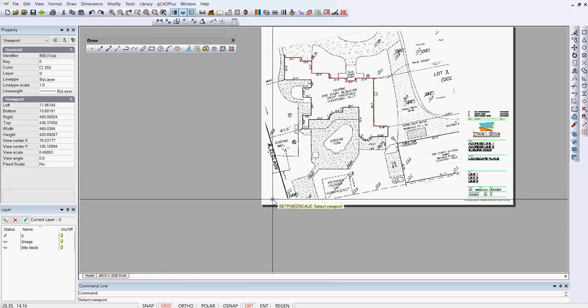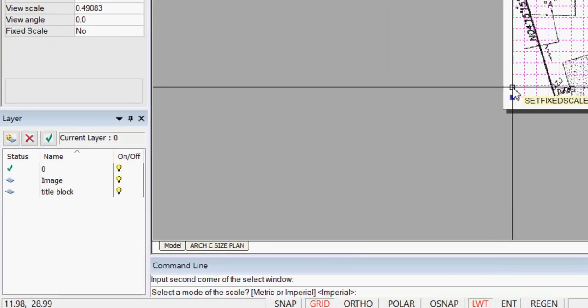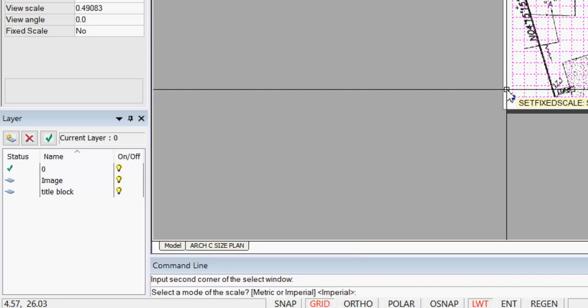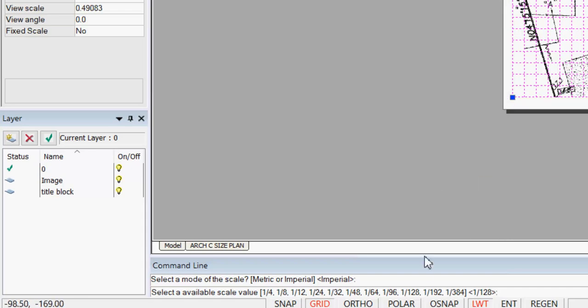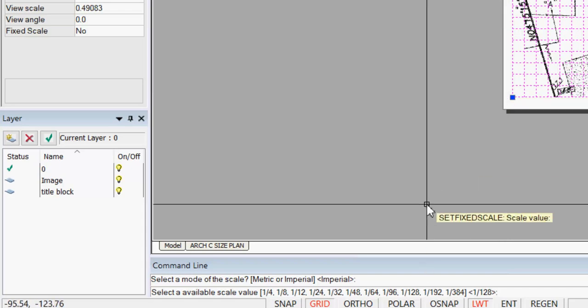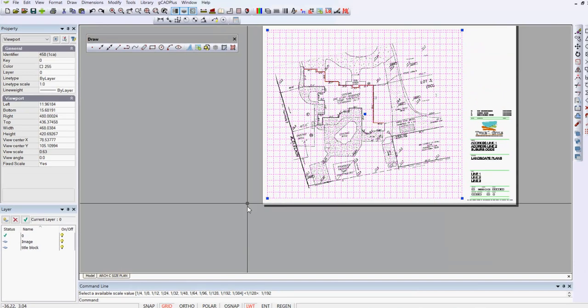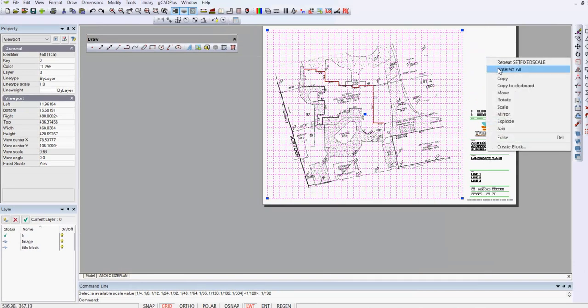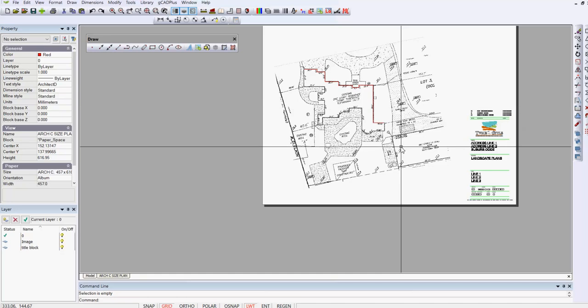We're asked to select the viewport, which I've done. This is imperial, we're dealing metric or imperial, I'll say imperial, and there's a list. If you look down in the command area, we can say, well, maybe 1/192 would be a reasonable scale in the US, and there is our drawing displayed on the sheet, ready to go,